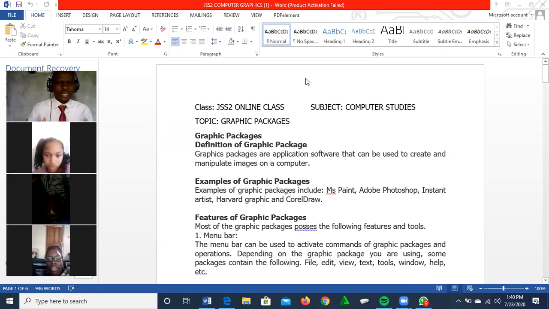Now, where exactly do you make use of this graphic package? You use it to create and also to manipulate images on your computer. Now, what kind of computer can you use? Either you use your desktop or possibly you use your